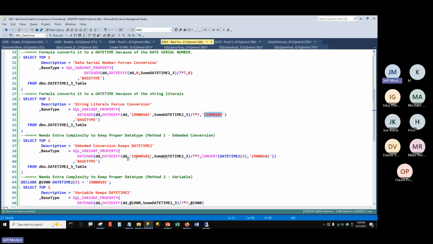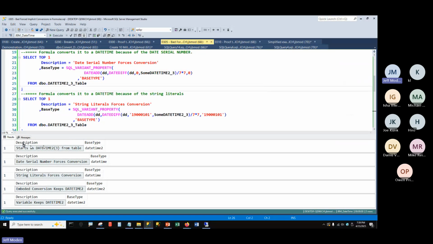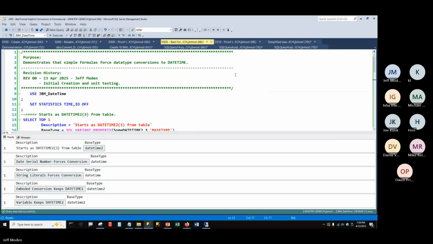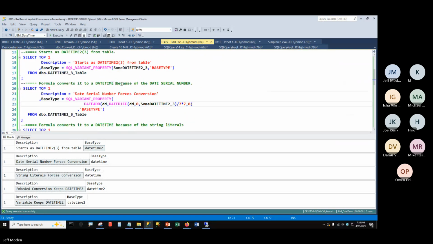And then we show you the fix, and you'll see what I mean. If we run this, we can see we started off with a DateTime2, but this right here changed it to a DateTime, which means that it's subject to implicit conversions, which can end your life as a